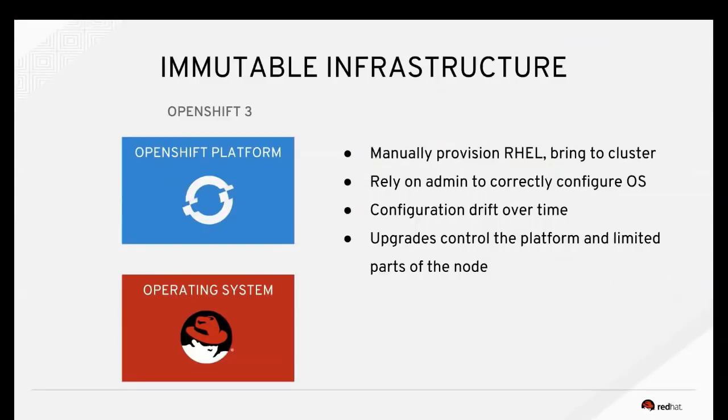Say you patch the operators, the platform, or you patch the OS. These could be in different maintenance cycles. So it was two different systems, but in reality, it should be one, right? So again, with OpenShift 3, we felt like people were getting a lot of configuration drift, and snowflakes were happening